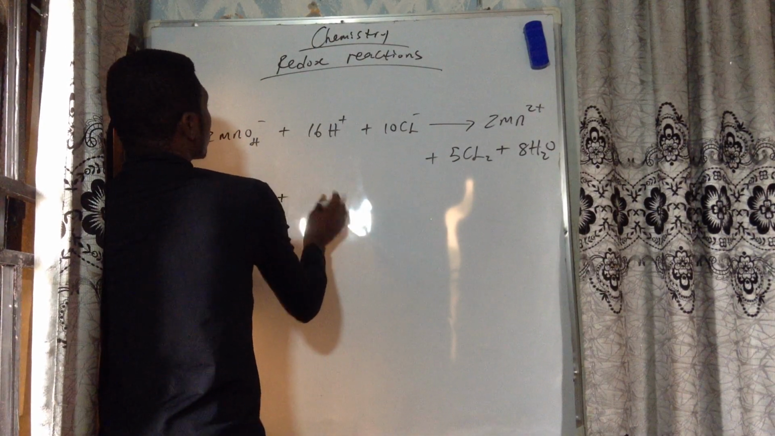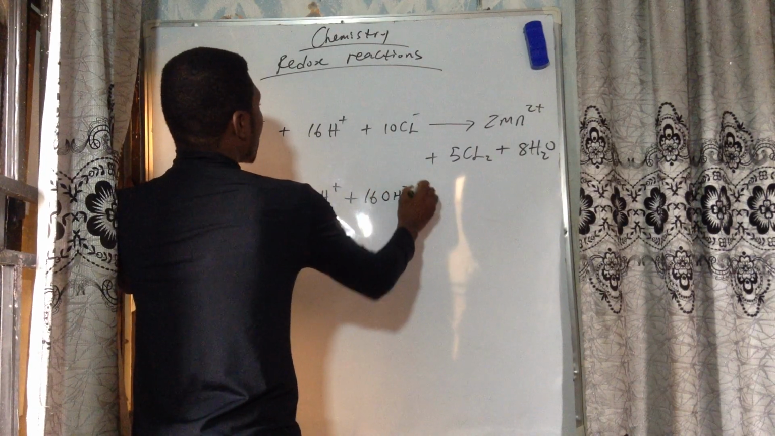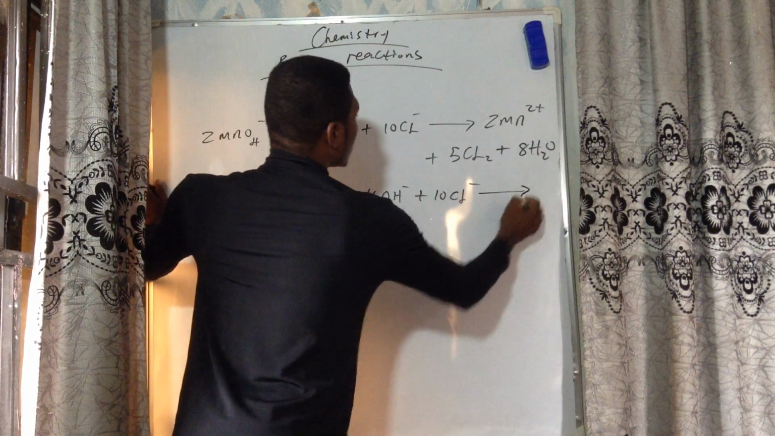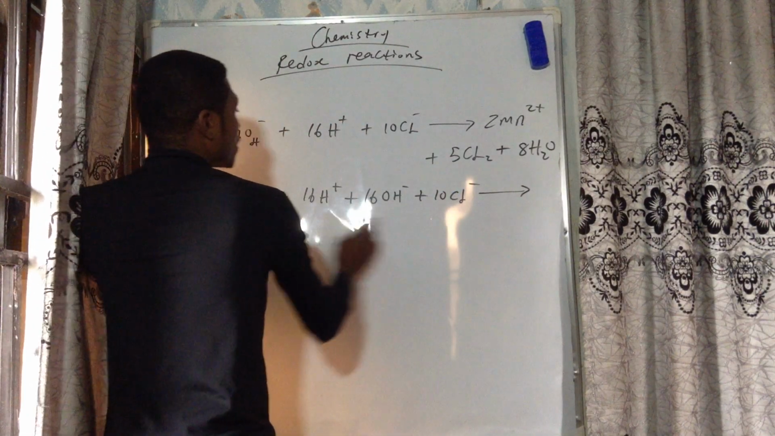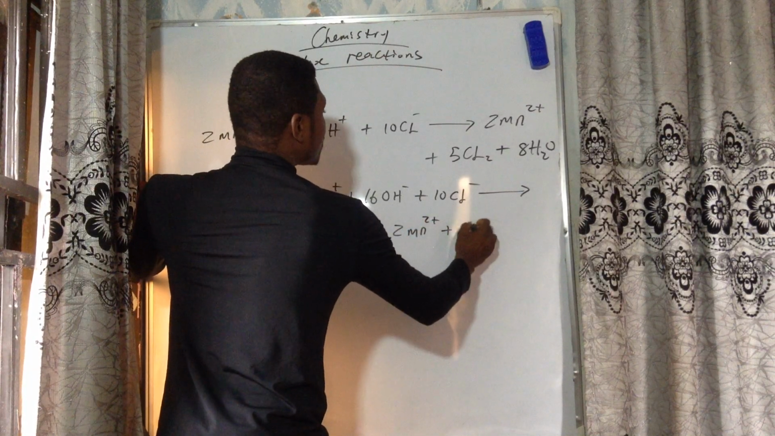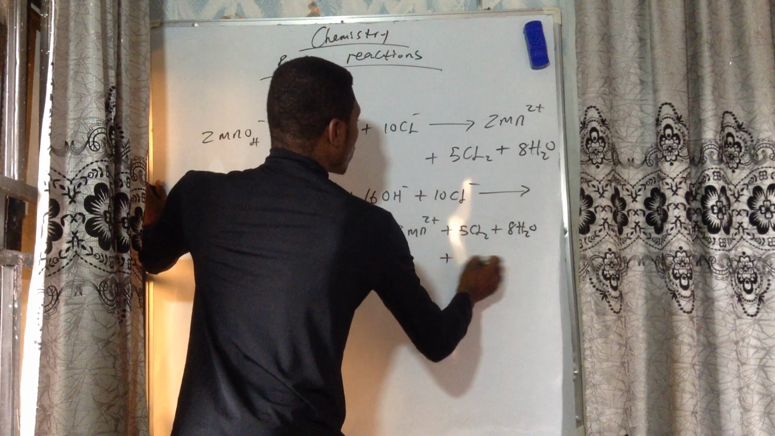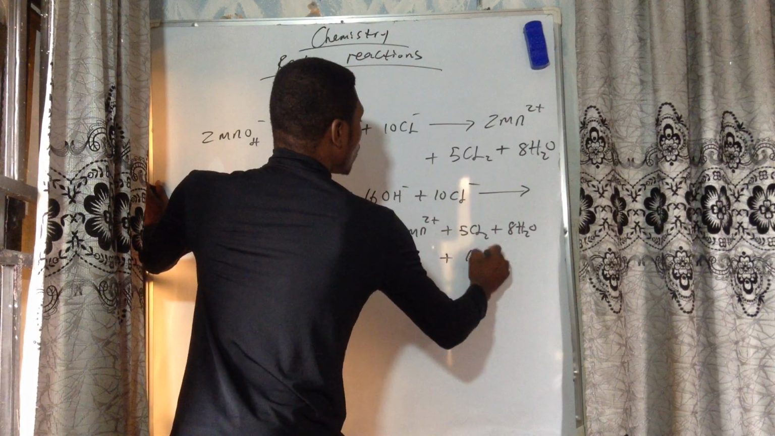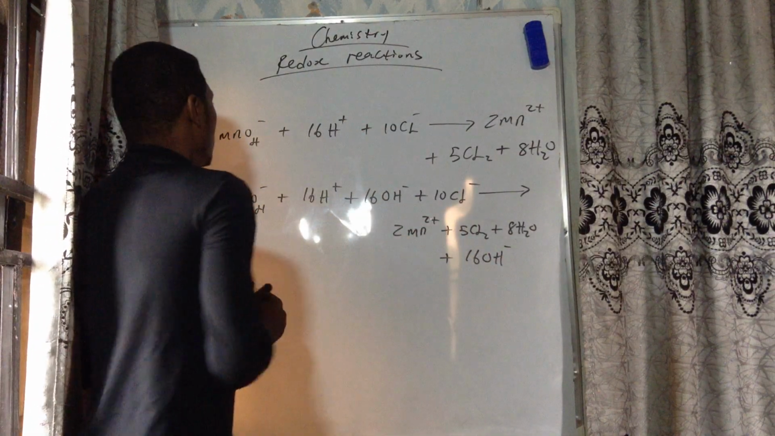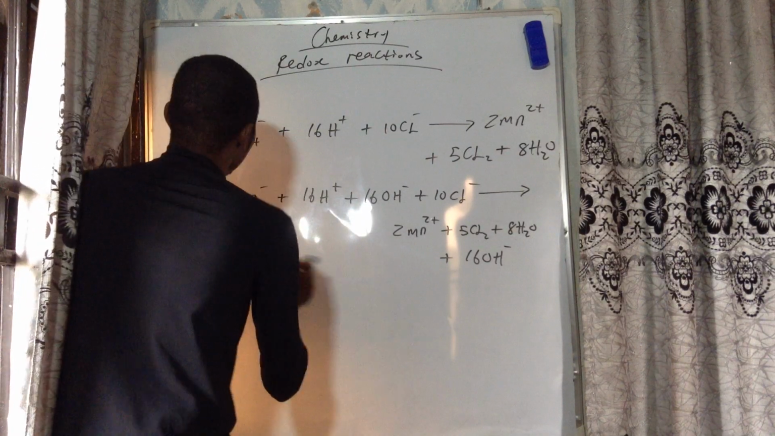So we now have 2MnO4- + 16H+ + 16OH- + 10Cl-, giving us 2Mn2+ + 5Cl2 + 8H2O, then plus what? 16OH-. Remember, I told you it's both sides, okay? So now 16H+ and 16OH-, clearly it will give us